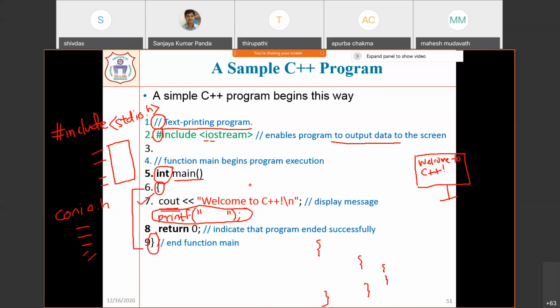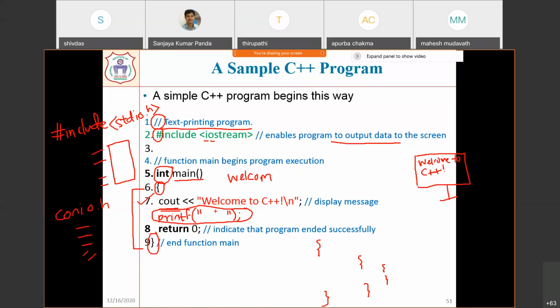Right? Suppose somebody is writing welcome and he is missing the E, then the output you will get is the same thing. The output will not correct your statement, right? Whatever mistake you make inside the cout statement or printf statement, the same thing will be shown in the output,